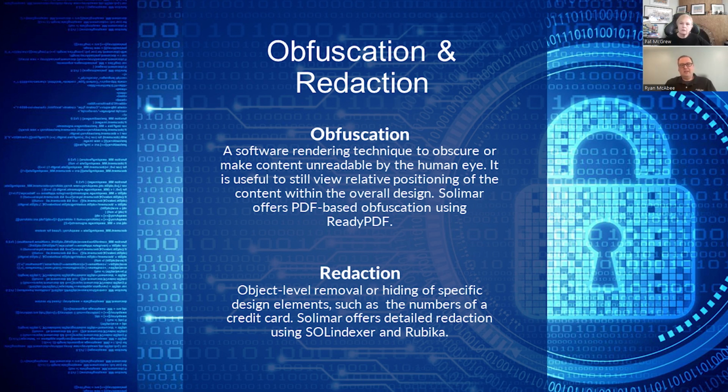Second to that, if it comes in, that's where the obfuscation and the redaction really become beneficial, because like you said, the way to separate the two in my mind is obfuscation really is like a Gaussian blur almost. If you're used to that kind of technique in your Photoshop or other creative apps, it's just going to take that area and blur it out to where it's not readable to the human eye. But it's not going to be able to really target, narrow focus on a piece of content and take that out. That's where you'd use the fine-tooth comb, so to speak, which is the redaction part of it,